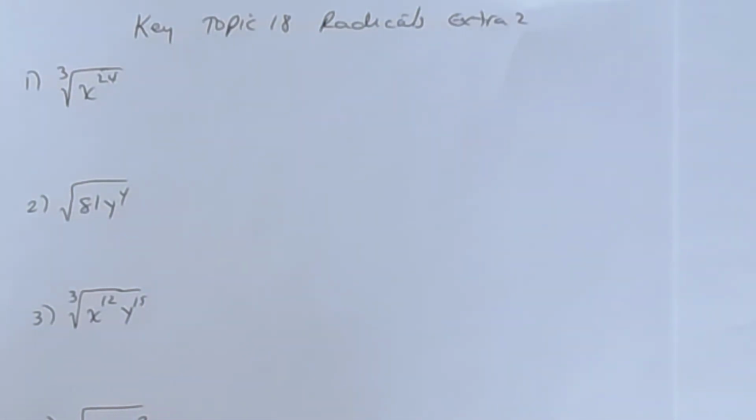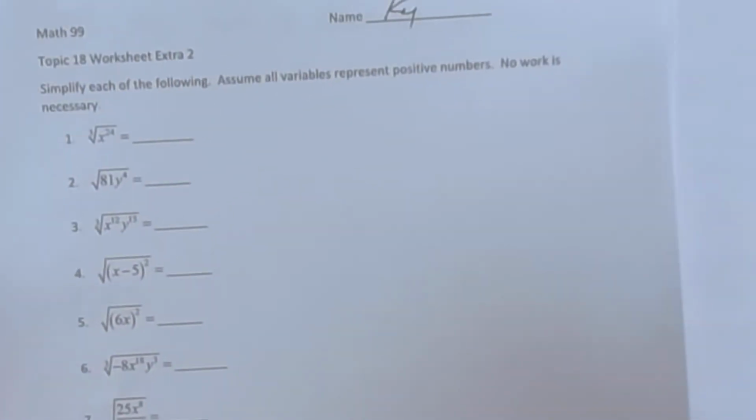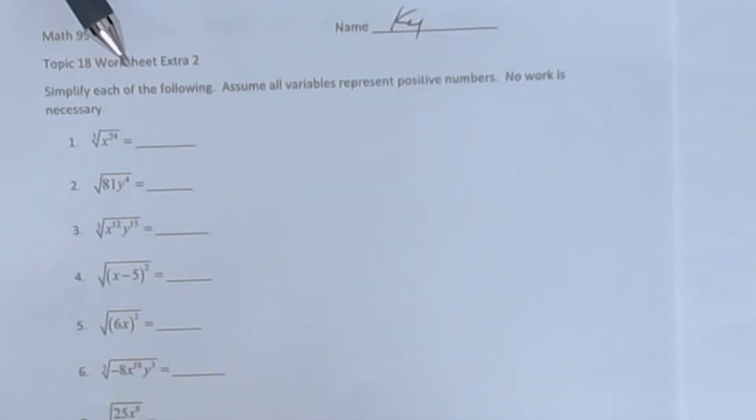Okay, so this is a key to topic 18, and that was the worksheet called Radicals Extra 2. And this is what it looked like. So you had 10 problems altogether, and you're told to simplify each of the following and then assume all variables